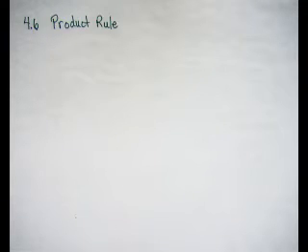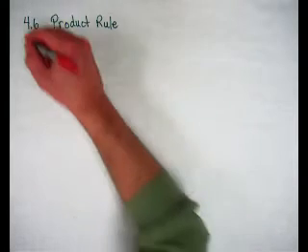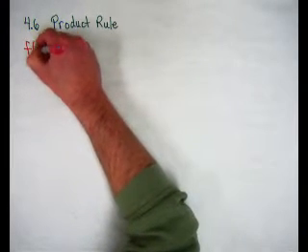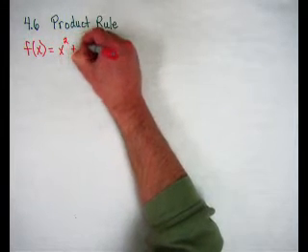In 4.6, we're going to look at what's called the product rule. Before I explain what the product rule says, I just want to show you by an example what could possibly happen if you didn't know about the product rule. In the previous section, we learned that if you had the function f of x equals x squared plus x cubed,